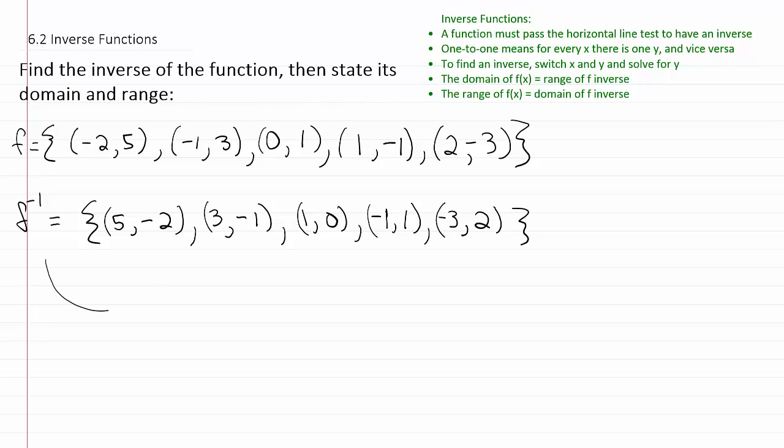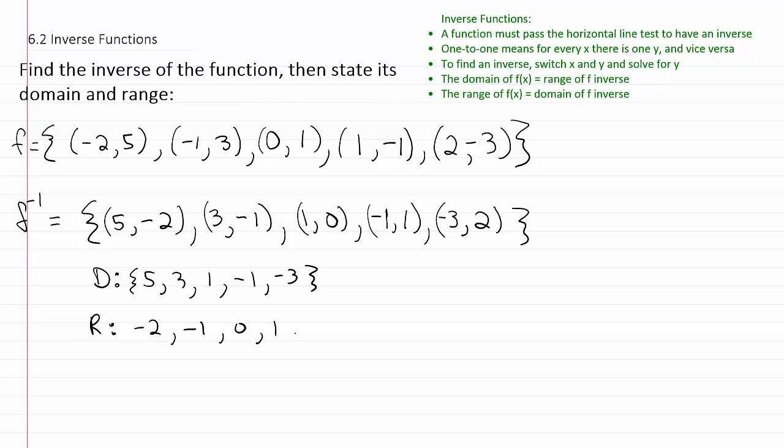So this function is the inverse of the function above, and you'll notice that its domain and range have switched. So the domain for f inverse is now what? 5, 3, 1, -1, and -3, while its range is basically -2, -1, 0, 1, and 2. So remember, the range is essentially the y component of the points, and the domain is essentially the x component of the points. And if you know that a function and its inverse switch the domain and range, then essentially